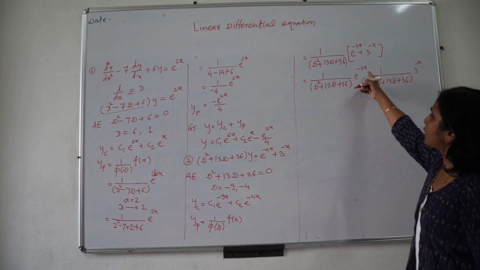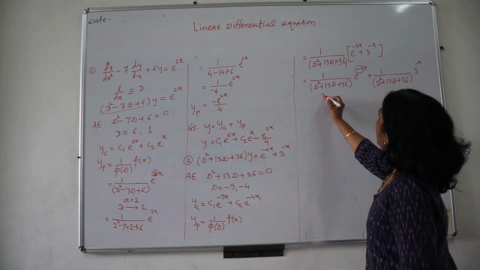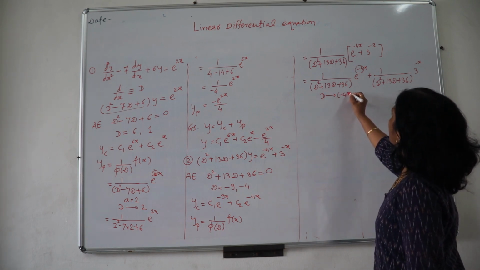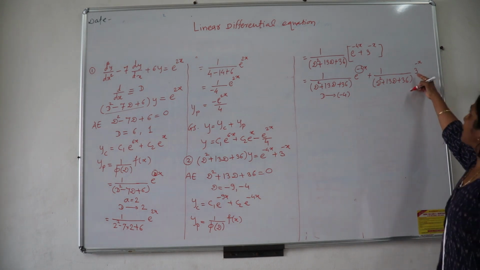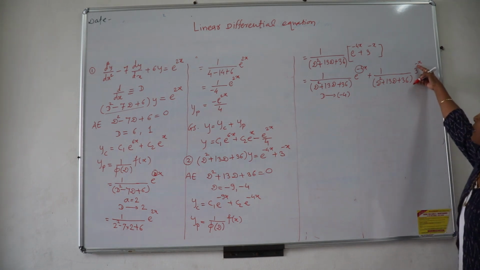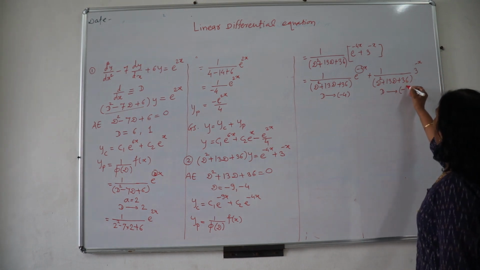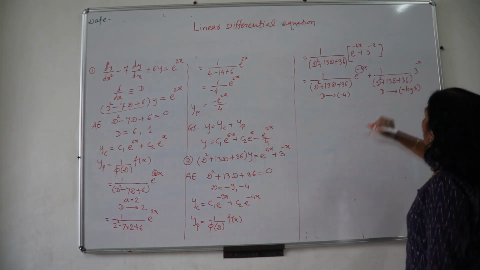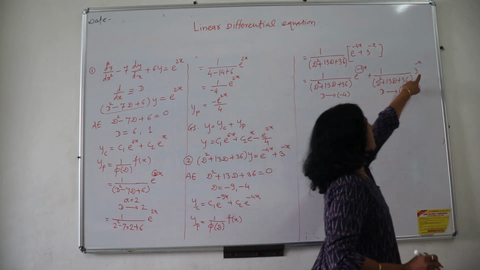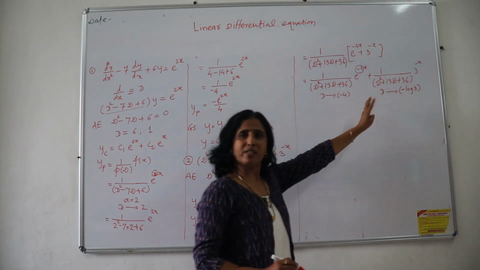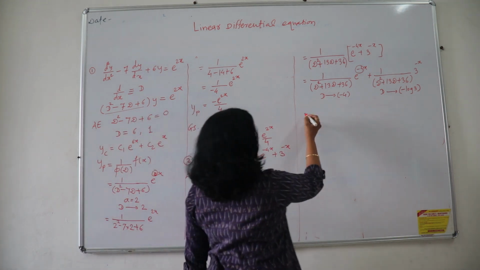Okay. Now this is the function in the form of e raised to ax. So here a value is minus 4, and d is replaced by minus 4. And this is the function in the form of a raised to x. So here it is a raised to x, but here it is a minus value. So when it is minus, d is replaced by minus log of 3. Okay, so the first part is simplified by this rule, and the second part by this function rule. So all the rules are varying. In one example only you may have 2 or 3 combinations, as mentioned here.